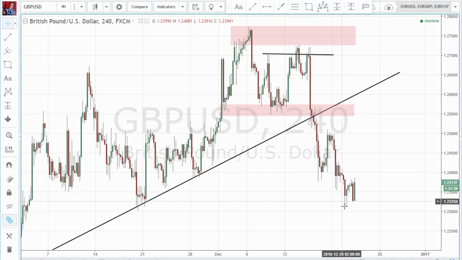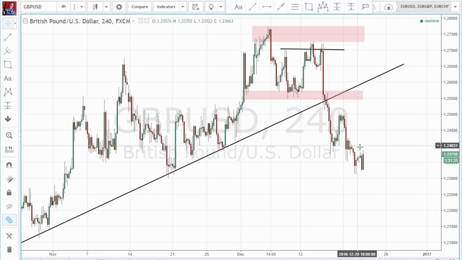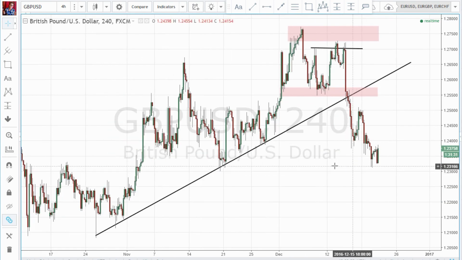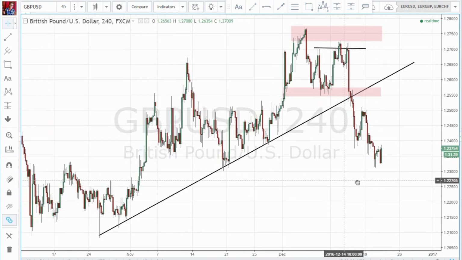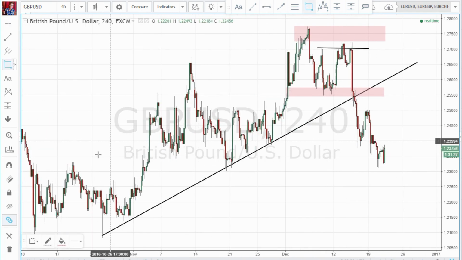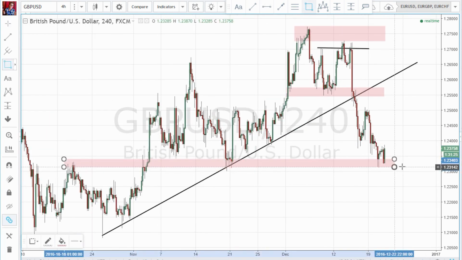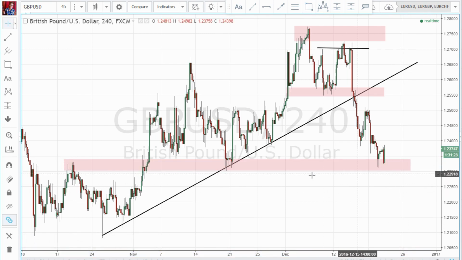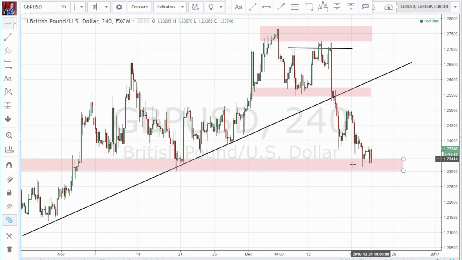You can see price is making lower lows, and we're also making lower highs. So you can see that price is now in a downtrend. When we just look a little bit left, you can see where price is now finding a little bit of support. Obviously here very strong support area, resistance, consolidation, support, and price is now struggling here a little bit, which could have been expected, but nevertheless after the trend line break up until this point there was a decent reward